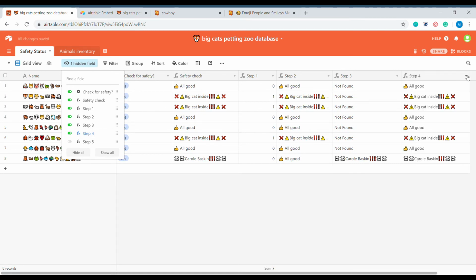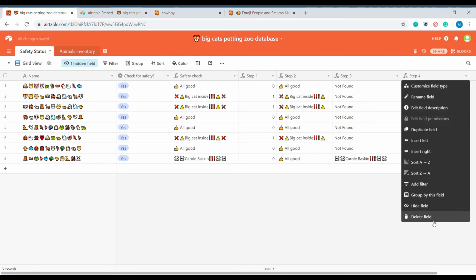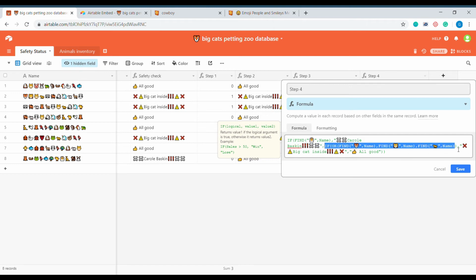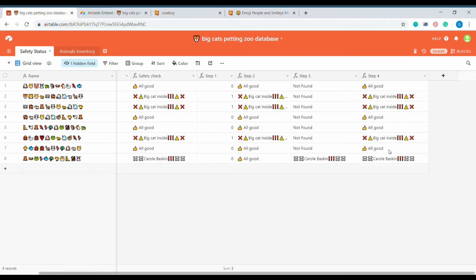So this is the combined if conditions between all of them. You can see that this checks first if it's Carol Baskin, and then the nested if checks for presence of all the other regular cats. As you can see, now it will work, and every time we need to make